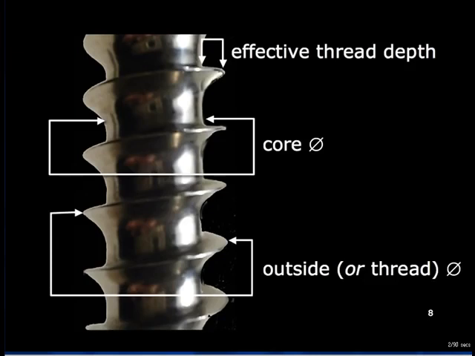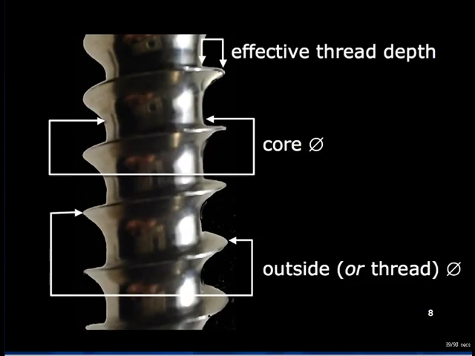This slide uses as an example the thread of a screw designed to gain a hold in cortical bone, a cortical screw. A surgical screw is a device manufactured to high specifications and is to be used with care and precision. In order to select the correct instruments and technique for insertion of any screw, the surgeon needs to be familiar with its dimensions. The symbol of a circle cut through with a slash represents diameter. The diameter of the core determines the minimal hole size for the screw to be accommodated in the bone, and